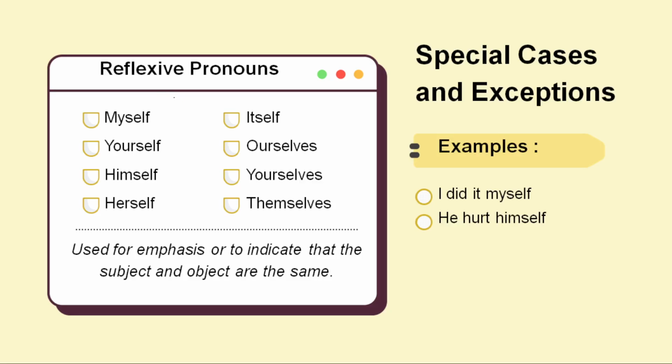And coming to the reflexive pronouns, very very important. Yes, myself, yourself, himself, herself, itself, ourselves, yourselves, themselves. All these varieties of pronouns are called reflexive pronouns. Okay, so generally we do like this, right? I did it myself. He hurt himself. Even here the pronouns are coming at the last part of the sentence. Always the pronouns come at the starting or the last part of a sentence.